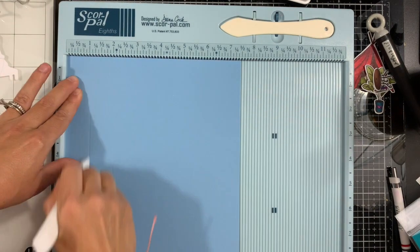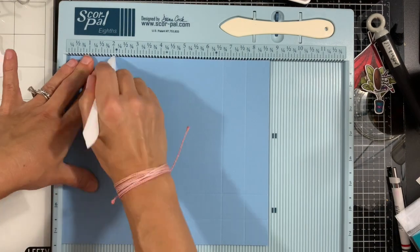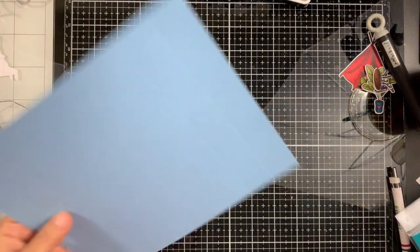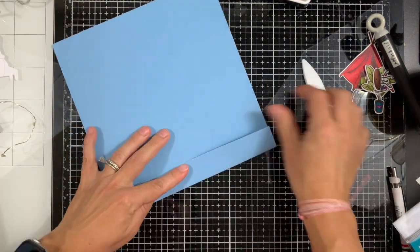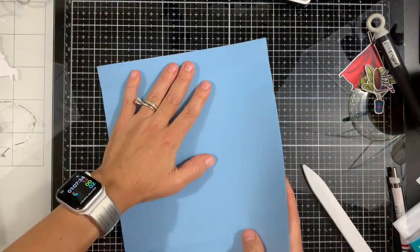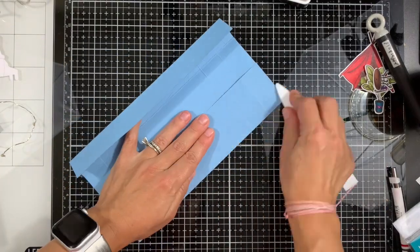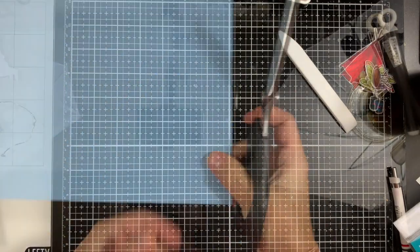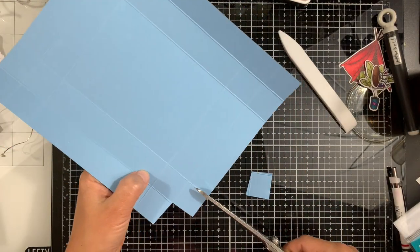So next here I have Periwinkle cardstock that measures 7.5 by 8 3/4, and we're scoring it at 1 and 2 inches at each side. So this will create that shadow box. So again, this is 7.5 by 8 3/4, and I scored at 1 inch and 2 inches. And then I turn it around 90 degrees. I scored again at 1 and 2, again 90 degrees at 1 and 2, and one more time 90 degrees